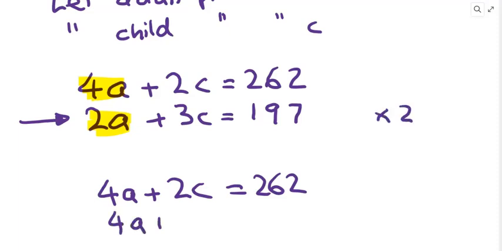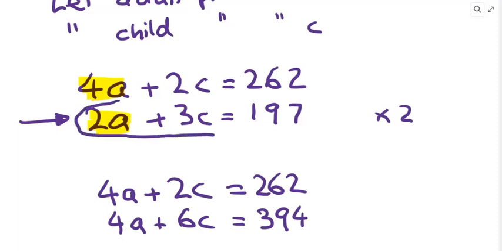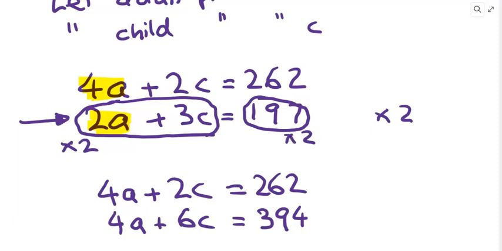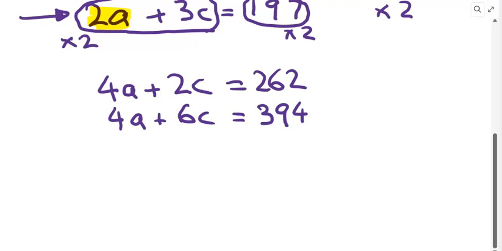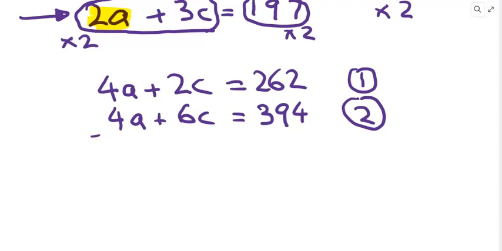So 4A plus 6C is equal to 2 times 197, which gives me 394. Remember the idea here is that if 2A plus 3C is equal to this, then if I multiply this by 2 and this by 2, nothing has changed. Now the reason that we like doing that is that if we label this one equation 2 and this one equation 1,